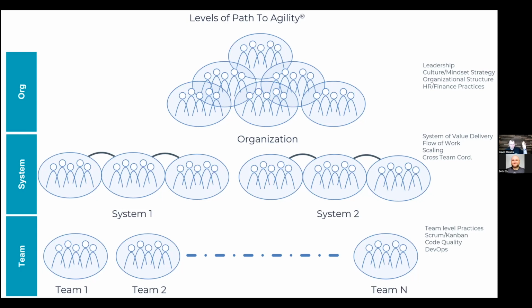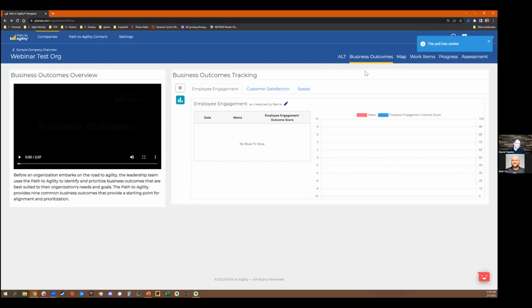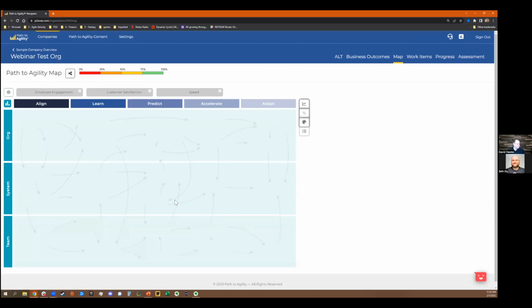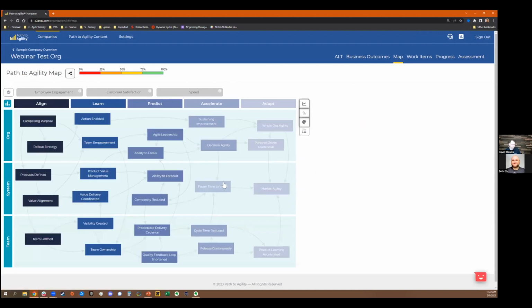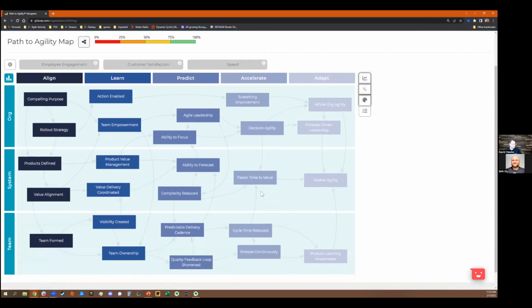And so those are what we call the five stages and the three levels. You might have seen when I was flipping through, I'm going to flip back over to the Navigator tool. I flipped through this map picture really quickly, so let me zoom in on this. What you see here is what we call the path to agility map. You're starting to see where we've outlined a set of what we call agile outcomes and agile capabilities. In this version we're just about to release, there are 26 agile outcomes